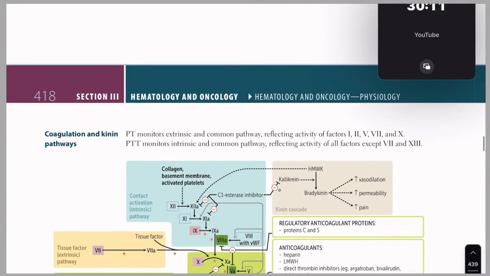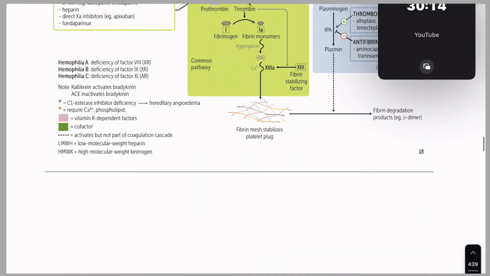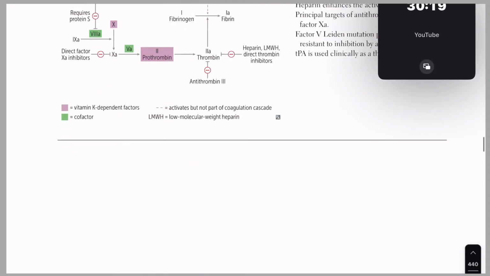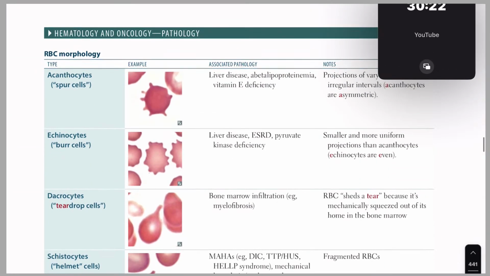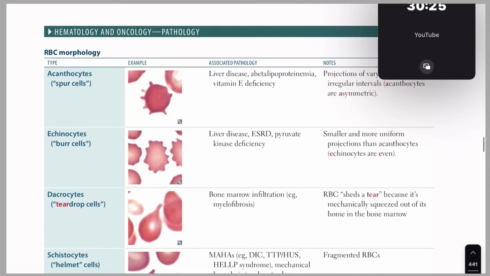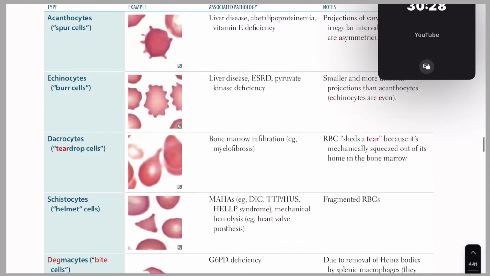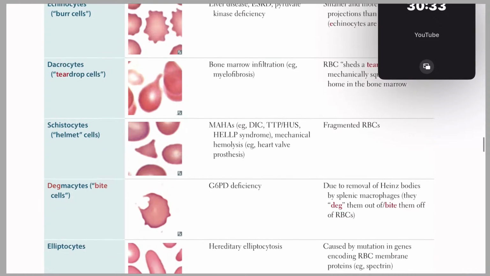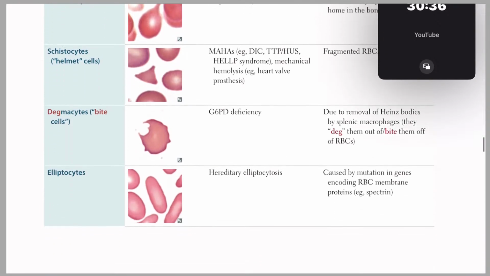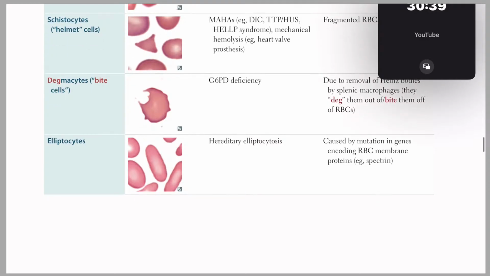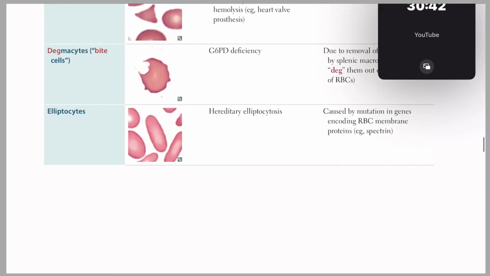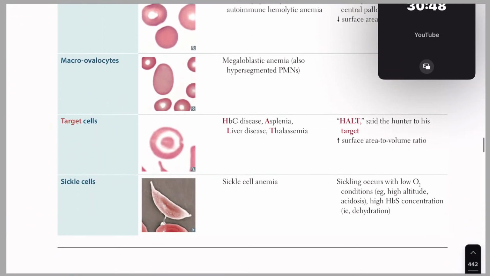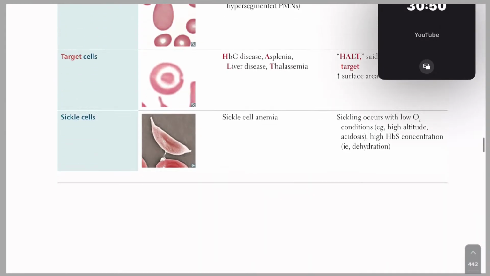Okay, we started from coagulation and kinin pathways, vitamin K dependent coagulation, procoagulation, anticoagulation. We read RBC, then we came to the pathology section of hematology and oncology. We read RBC morphology: acanthocytes or spur cells, echinocytes, that is burr cells, dacrocytes, that is teardrop cells, schistocytes, that is helmet cells, degmacytes, that is bite cells, elliptocytes. We read spherocytes, macro-ovalocytes, target cells, sickle cells,